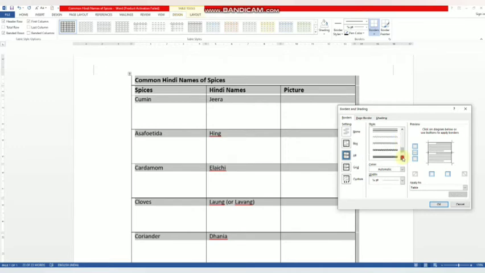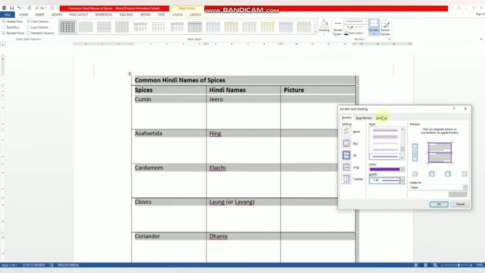If I want to give this border style, then click here, then choose the desired color, line color. Any color you like from the drop down list. Then select a line width from the width drop down list. Here it is 3 point. So select the width.